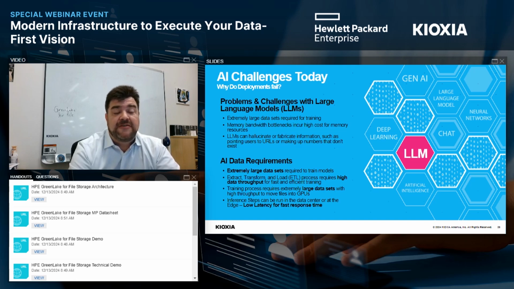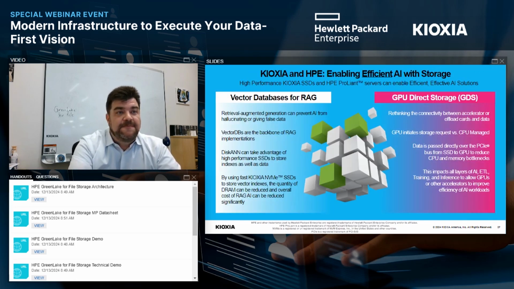There's extremely large data sets required to train these models. So that requires both high capacity as well as high throughput. To load that data into your GPUs, you have these extremely large data sets that need to be moved in and out of GPUs to do this training, as well as to do maybe retrieval augmented generation or other steps in the process. And your inference steps require low latency to have fast response time. If you have to wait significant amounts of time for your AI to respond, that can also cause problems with your AI success. So there's several different solutions that we are working on with HPE, and the GreenLake for File